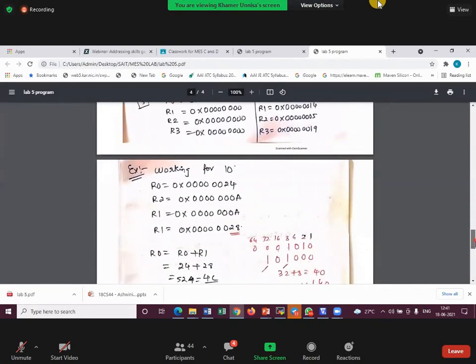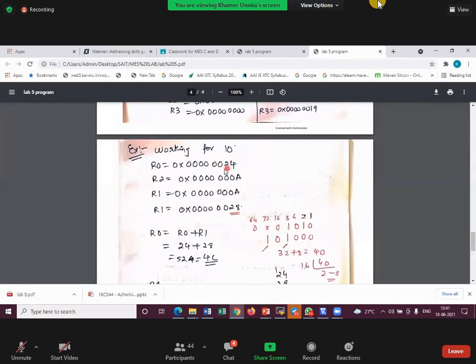Okay, next number is 10. So R0 will be having the starting address as 24. And then R2, my interested number is 10. So 10 is what? A in the hexa. I will move R2 to R1, again A. Next, I'm performing logical shift left operation twice. So 10 will become, after shifting, 40, okay? So it has become 40 after the shifting operation. Converting to the hexa format, it became 28. So R1 will be holding the value 28 now, in hexa format.